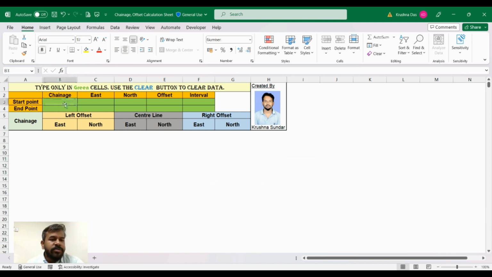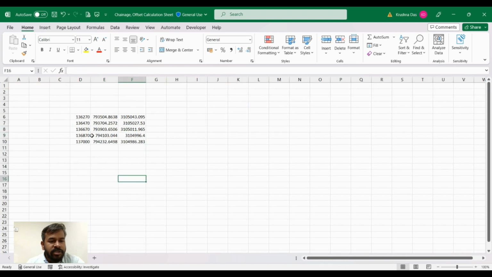Here you have to input only the chainages, the start and end chainage of the straight line, string nothing, and the offset you want, either on the left side or right side, the offset coordinate, or you can put it 0 for center line, and the interval and how many intervals you want the coordinates. Let's see. So for that I have already